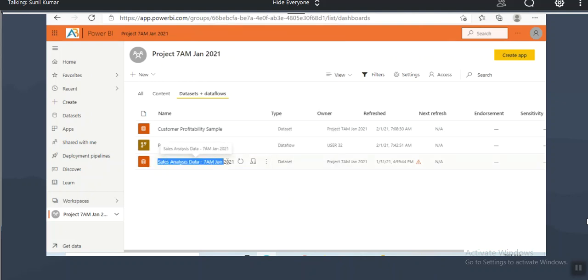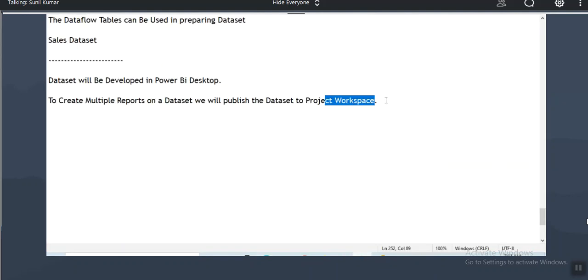Create report. On the data set, we can create the report in two ways, guys. What are the two ways?